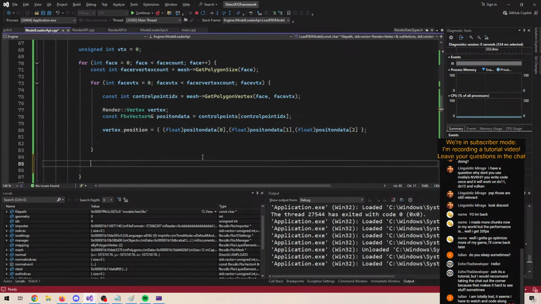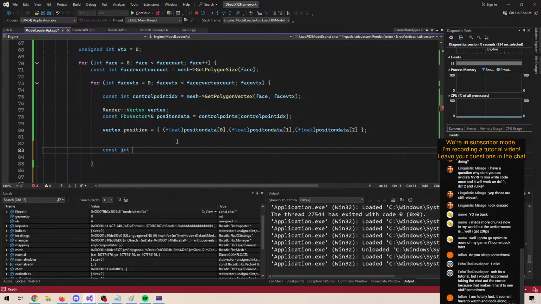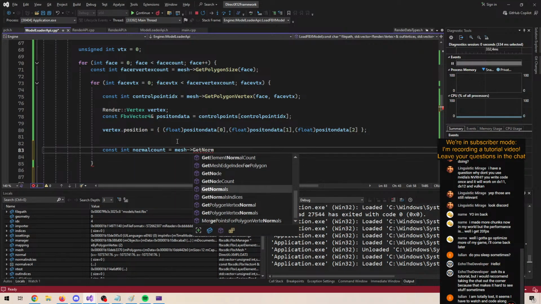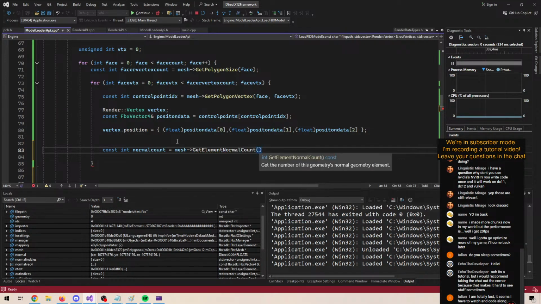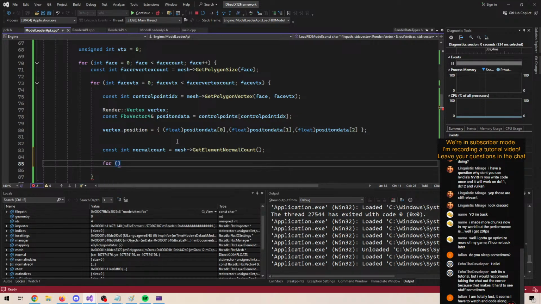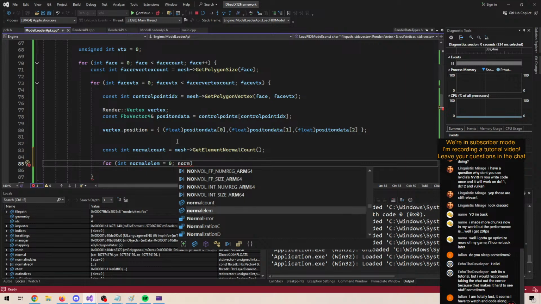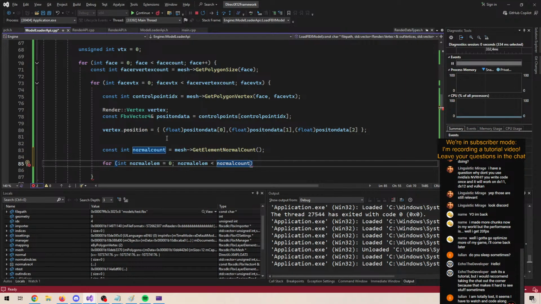And let's do a const int normal count, get normal, rather get element normal count, and then int normal count here, and normal element plus plus. Oh, I forgot this as well. Okay, and then